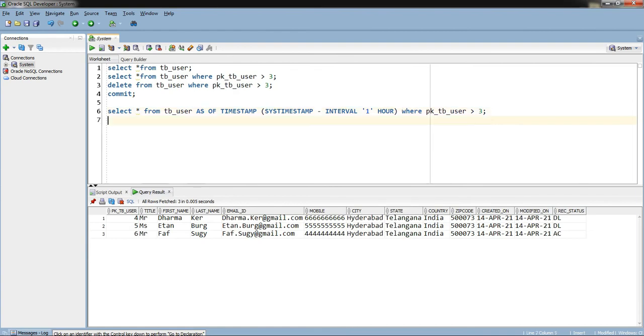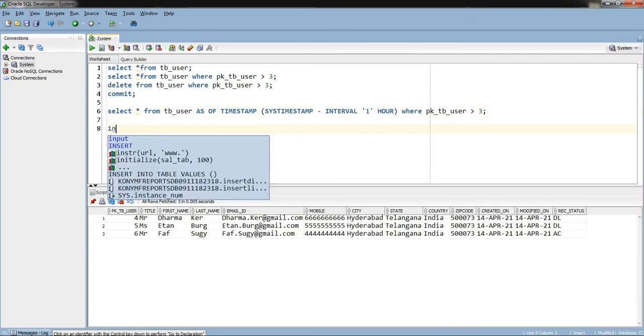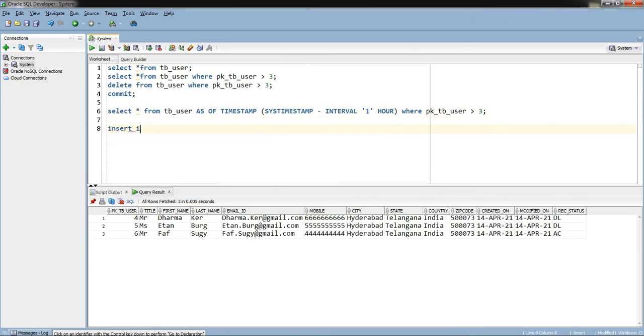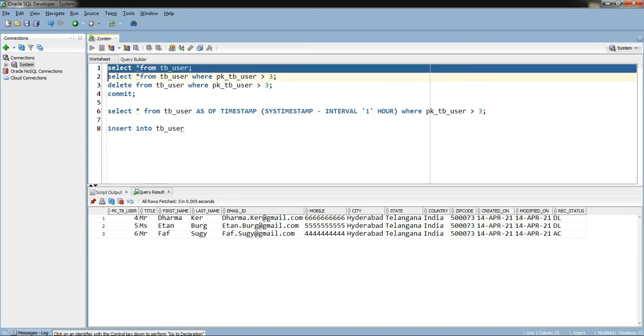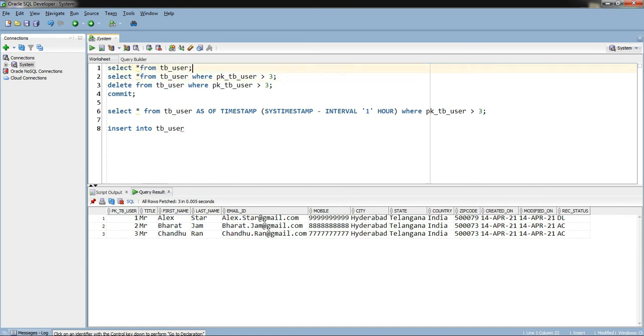Now I will try to recover the data by writing an insert query. Insert into TB user. Let me run only this original query first. We have only 3 rows. Now I am writing an insert query into TB user, and I will select the data from this.